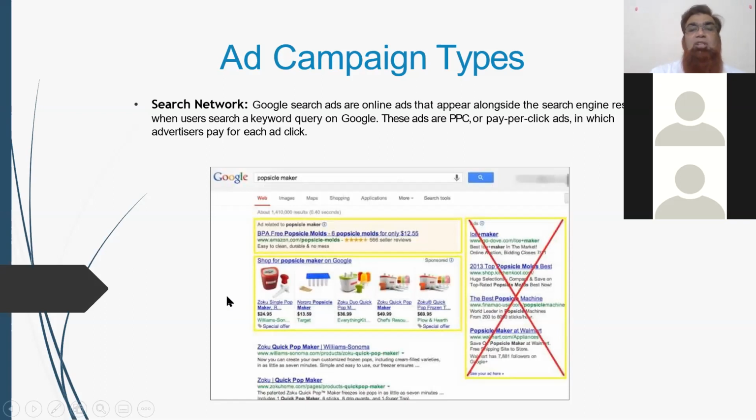Now, what is search network? It's basically when you search something on Google, right? Some of the ads that you will be able to see, you will see ads like this, which come directly from search results. So these are text ads. This is coming as a text ad, and these are coming as shopping ads. Shopping products are being added, and then those ads are coming over here.